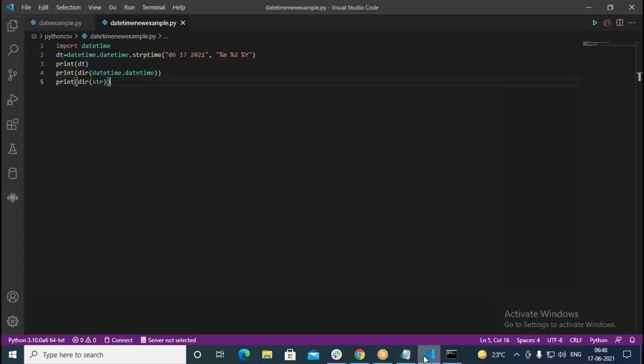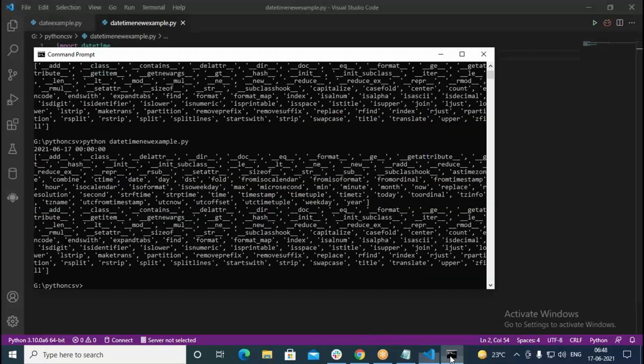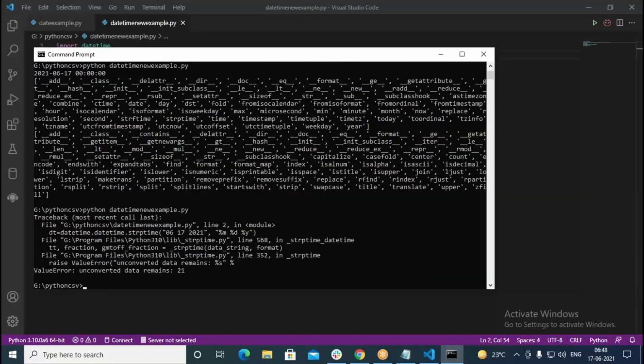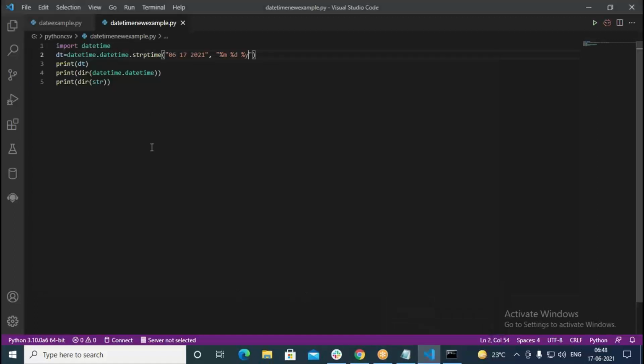Because if you look at the code, we never specified that. We just gave month, day and year. Then after that we specify this format. Suppose I give a small y here, why does this give an error? Let me tell you the reason. Run this and see. It gives an error because what does small y mean? It is only 2 digits of the year. It has to take only 21. It cannot take 2021 in that case.